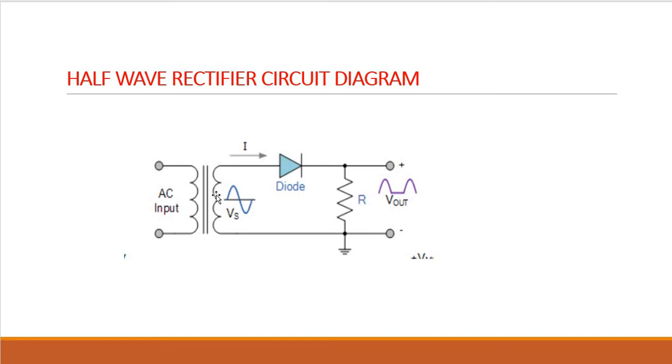So this is the circuit diagram of a half-wave rectifier circuit. So we have a step-down transformer whose primary is connected to a 230 volt 50 Hz AC signal. Of course, this is a step-down transformer. Okay. So to the secondary of this transformer, the diode is connected in series with the resistance. So the resistance is behaving like the load.